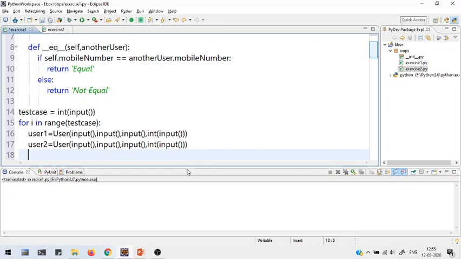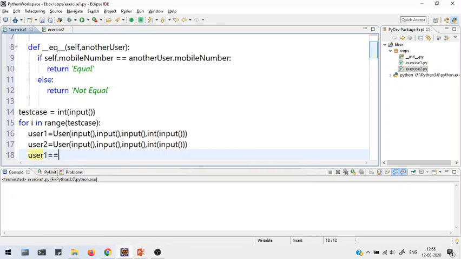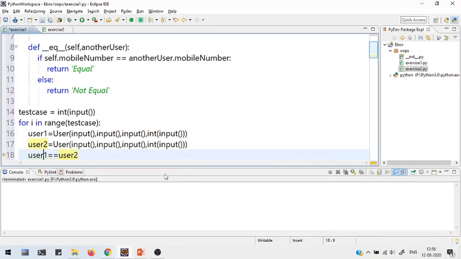For that, we can just invoke user 1 double equal to user 2. When I use this double equal to, this will automatically call this overridden equals method. So user 1 will be self and the other user will be user 2.